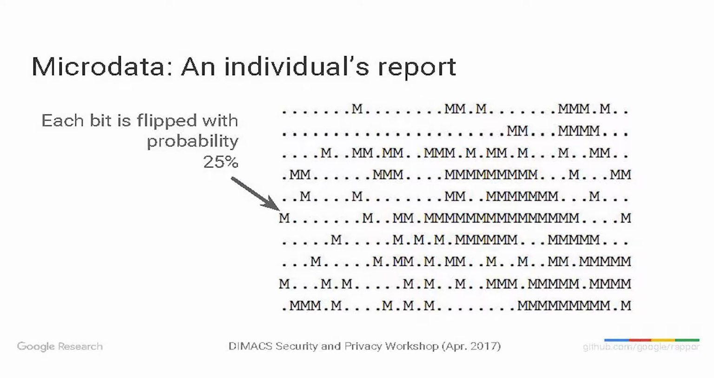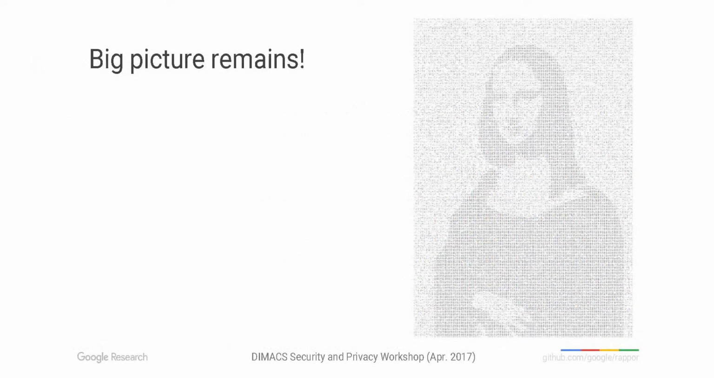What do we do? Well, we maybe add some noise to this. So we flip each bit with, say, a 25% probability. And an individual's report looks something like this. So you can see here that it's still kind of noisy. You really can't make out a lot. However, if you aggregate everything together, and I hope you can kind of see it here, sort of the big